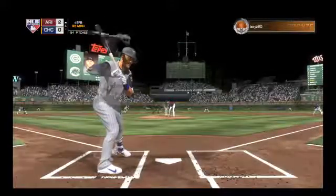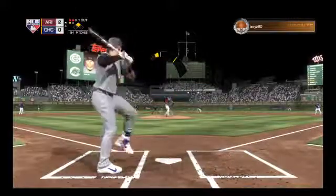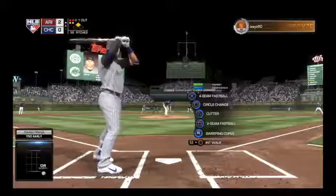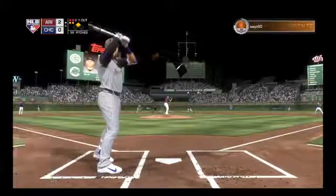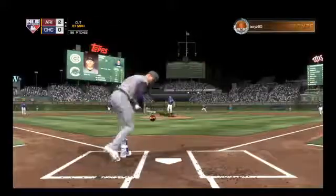And he misses. 2-1, 2 balls, 1 strike. A decent lead at second. Here's the pitch. And he couldn't pull that one back as he clearly broke the plane to the plate, and that'll be ruled a strike. Good lead off at second there. Now the pitch. Looked like the cut fastball there, and he got him to swing through it for the second